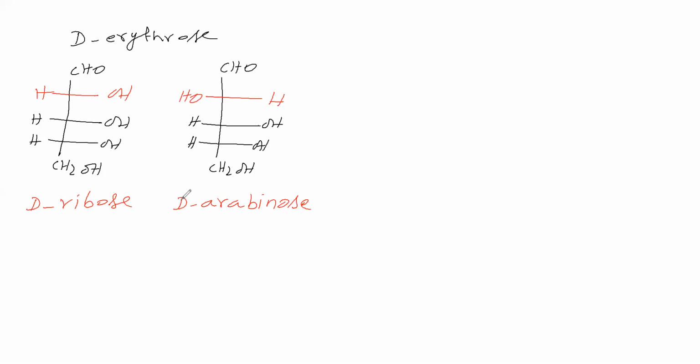Therefore, D-arabinose. So D-ribose we are getting means L-ribose also we will get, isn't it? D-arabinose we are getting in the sense L-arabinose also we will get. So from D-erythrose we have written D-ribose and D-arabinose. Next we will take